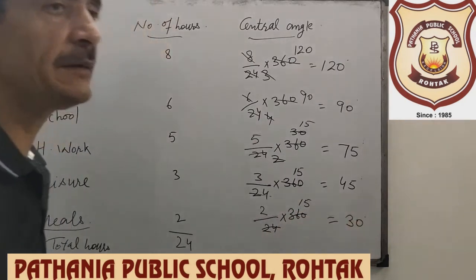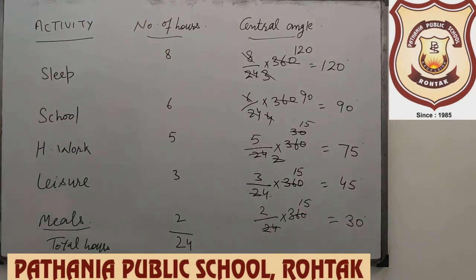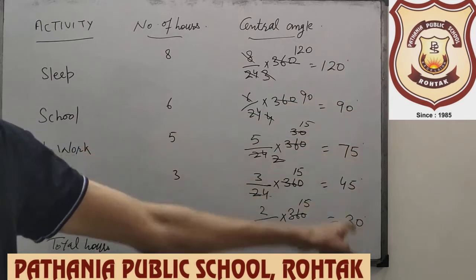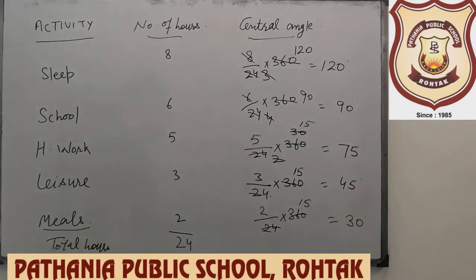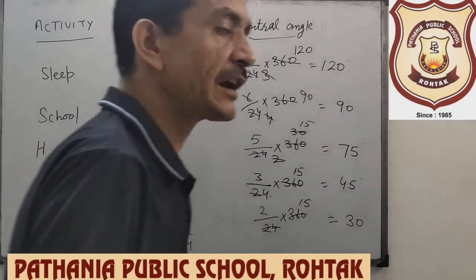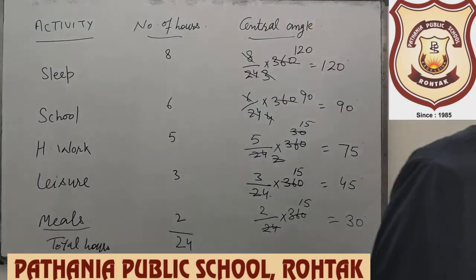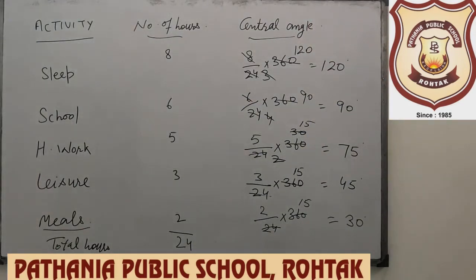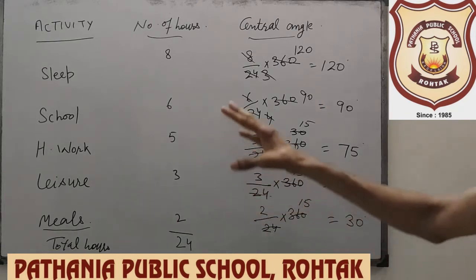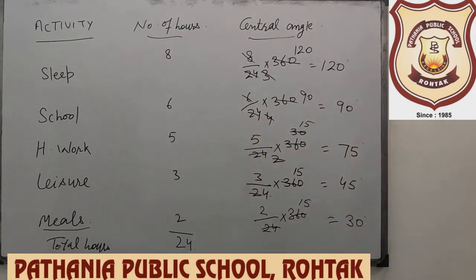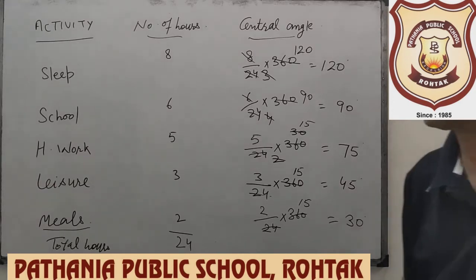So our aim is what? First we should find all the central angles. In a circle graph we represent the given data through a circle. How much area is occupied by each activity? That will give us the information about that data. So now I will tell you how we can draw a circular graph. Look.